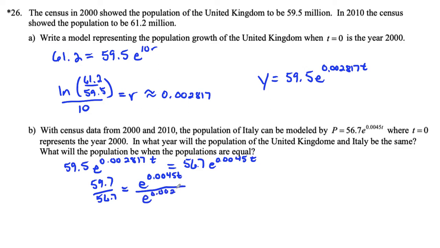The reason I did it in this order is I remember a property of exponents: if I am dividing two exponential statements that have the same base, I can just subtract their exponents. Italy's growth rate was larger than the UK's, so I wanted that on top, so when I subtract them, I end up with a positive number. So that gives me 59.5 divided by 56.7 equal to e to the, again just subtracting these two exponents,